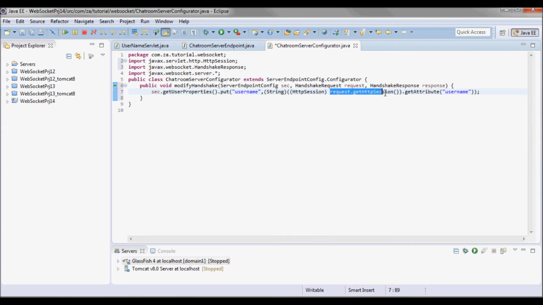So I'll do request.getHttpSession and cast that to HttpSession, and then on this HttpSession instance I'll call getAttribute username, and I will cast that to a string and store it in the user property for the server endpoint config instance. So I'll do a put here for the username.